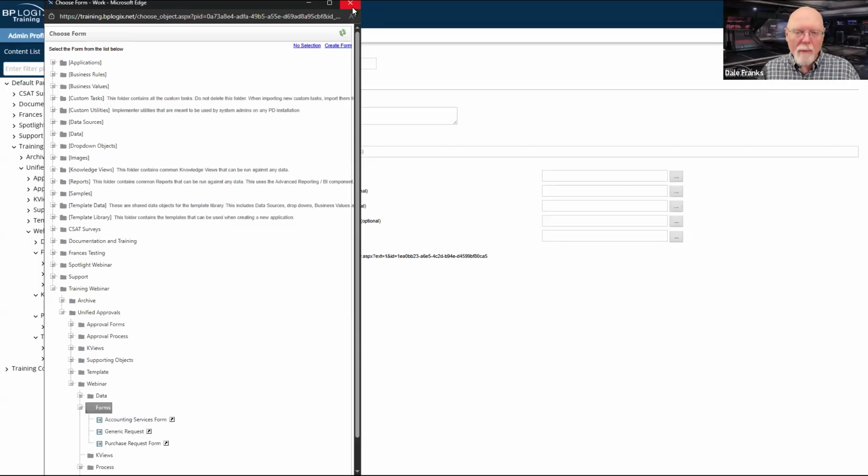Ultimately, I might want to create a knowledge view that simply returns all purchase orders, all purchase requests, all vendor payments, all facilities, all IT requests, all IS requests. So I might want to get very granular. But picking the form is going to be hard. I mean, ultimately, I might have 10 or 15 different forms, all of which are invoking the same process timeline. Aha! But they all invoke the same process timeline.